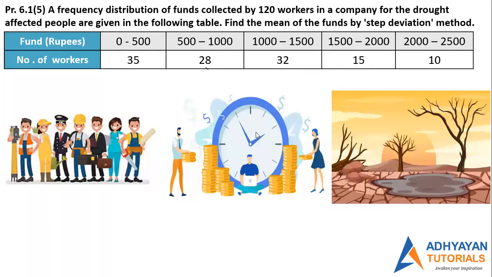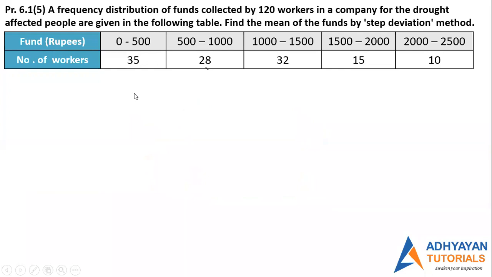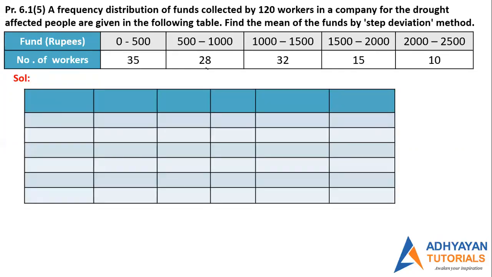Now, students, first everybody, we will draw a table. As I told you, when we study a new method, the number of columns is increased. In the direct method, the number of columns were 4. Perfect. In assuming method, the number of columns were 5. Perfect. And you can guess what will be the number of columns in this method. 6, perfect. So draw 6 columns, everybody.